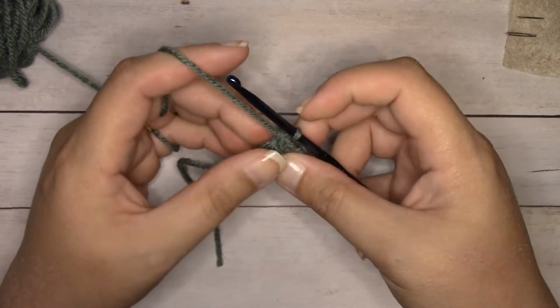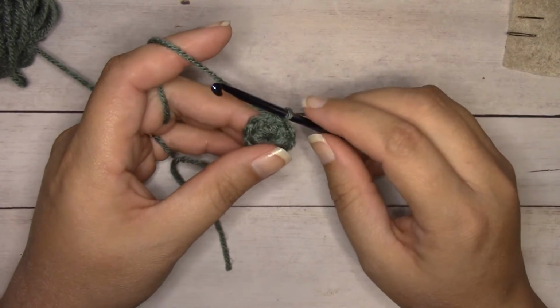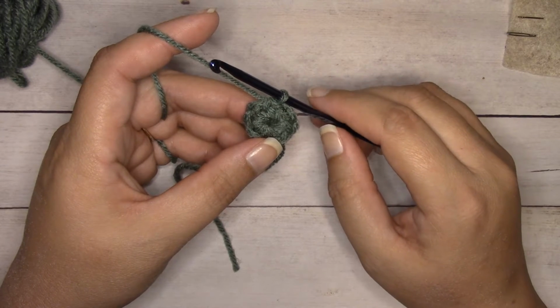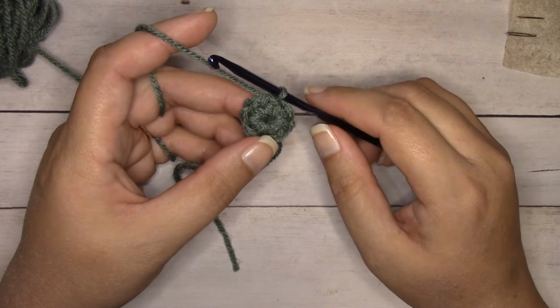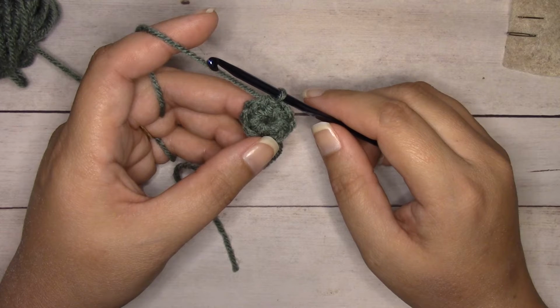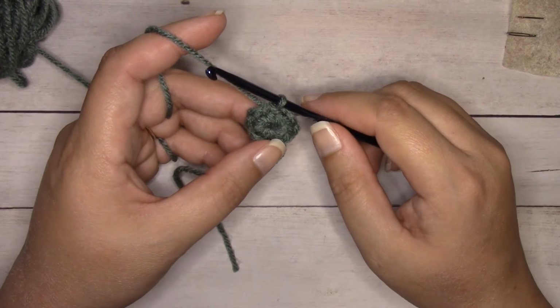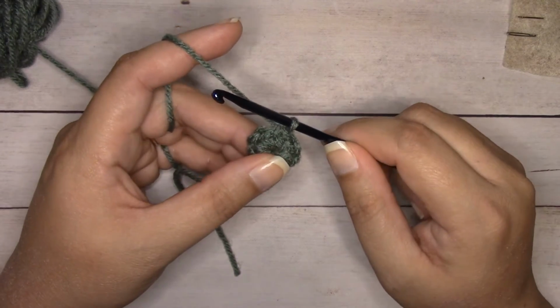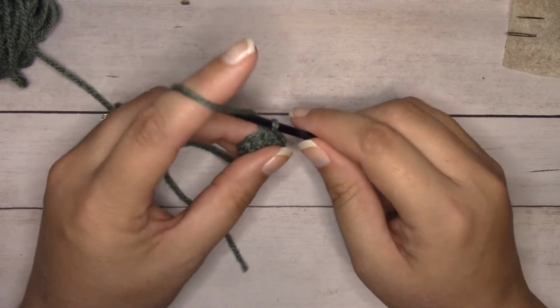Now we're going to work continuously, so there's no more joining for the remainder of this as we work, so we get a cylinder that does not have a seam. That's why we're working in a continuous manner. Chain 1,